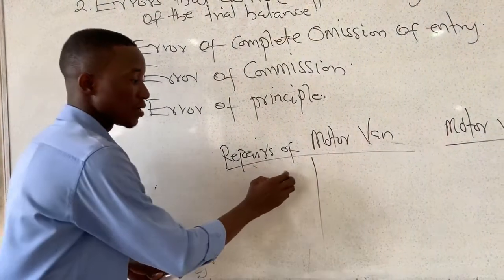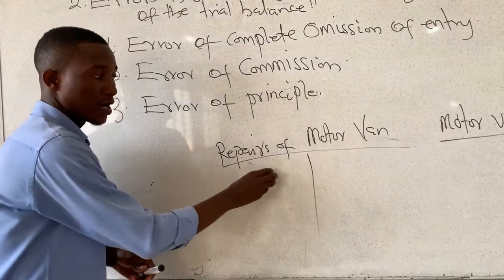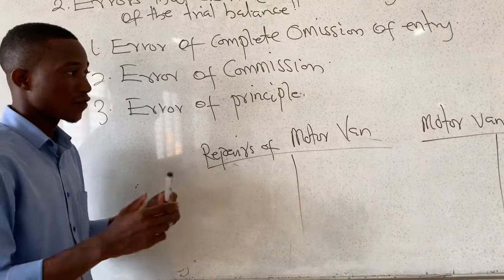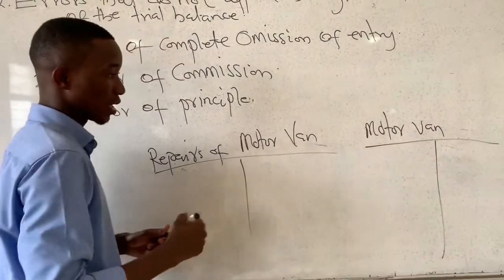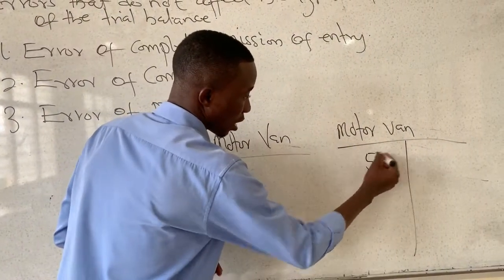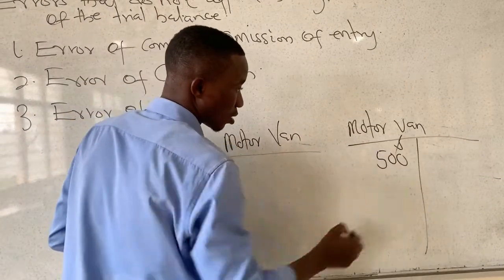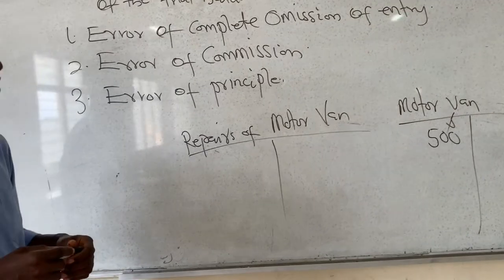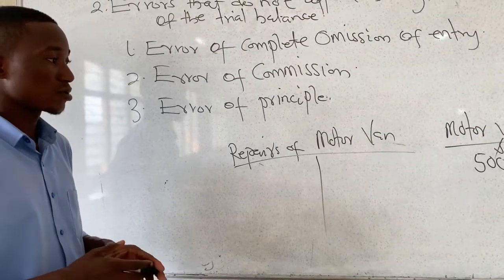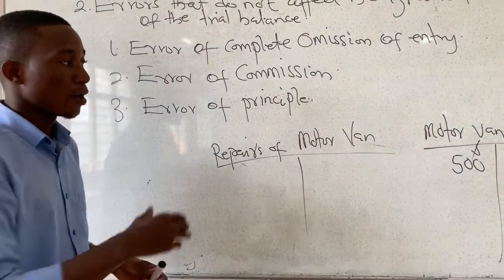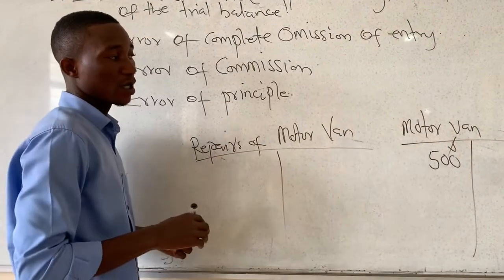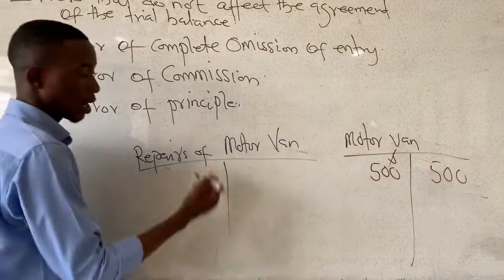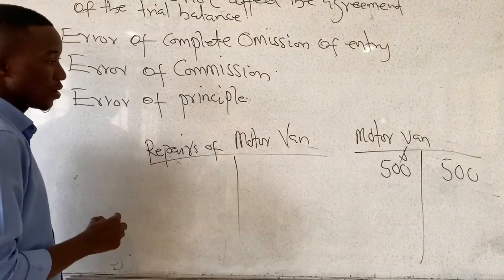$500. Instead of debiting the repairs of motor van account, because you don't know your different classes of accounts, you went and debited motor van account by $500. You're supposed to debit repairs of motor van account. In order to correct this error, you take the $500 from the motor van account by crediting motor van account with the $500, and make the right entry in repairs of motor van account